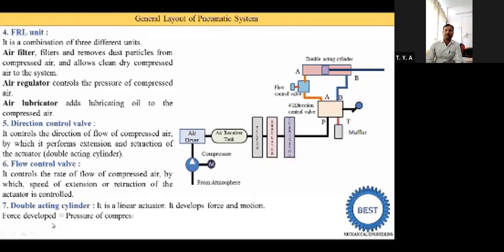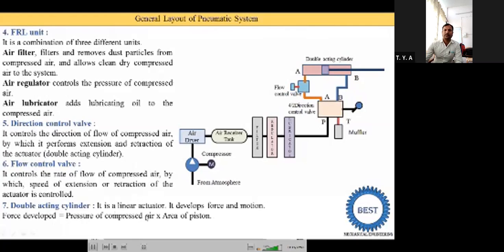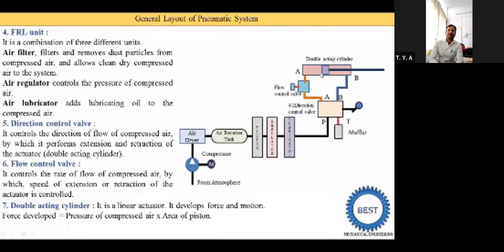So force developed is equal to pressure of compressed air into area of the piston. So force is directly proportional to two things: one is the pressure of compressed air, and another is the area of the piston. Here you see the area of the piston is higher, and on the left side the area of the piston is reduced because the rod is provided. So force changes during extension and retraction. During extension we are able to produce more force, and during retraction less force is produced because the